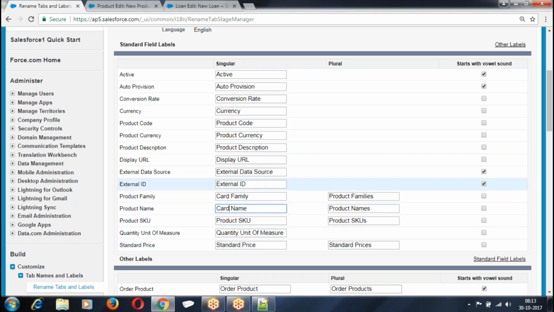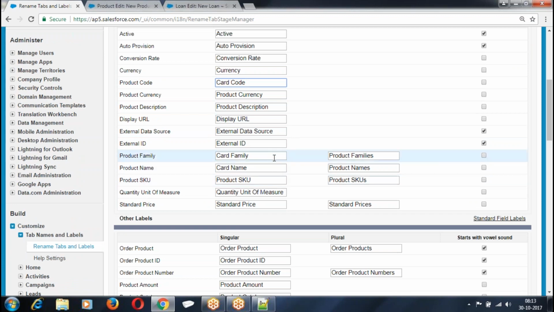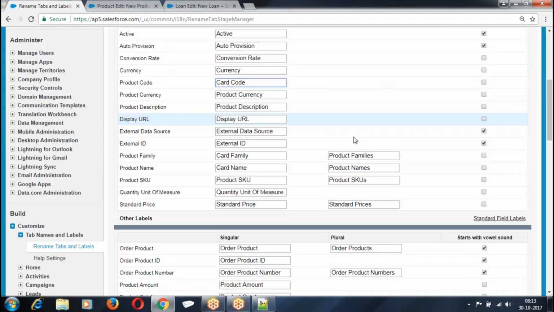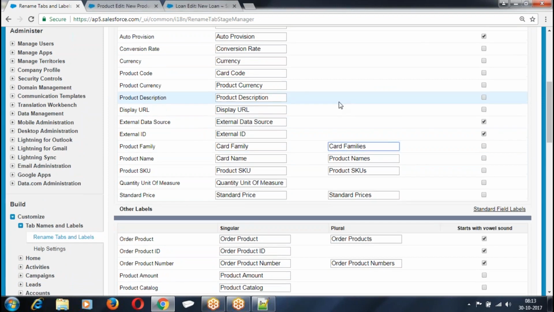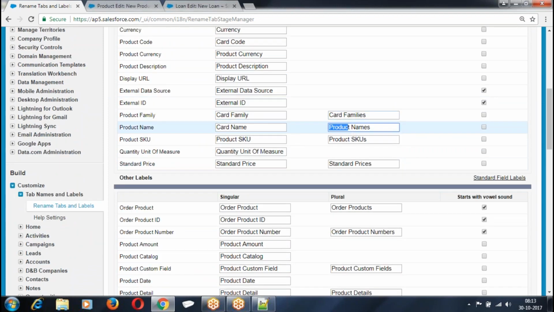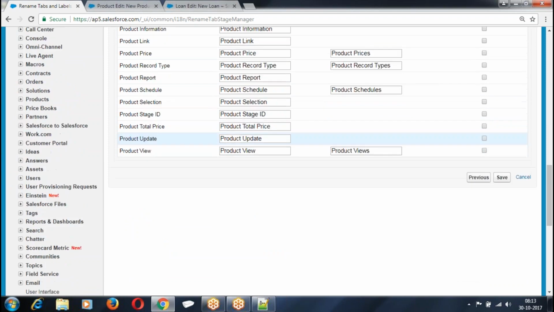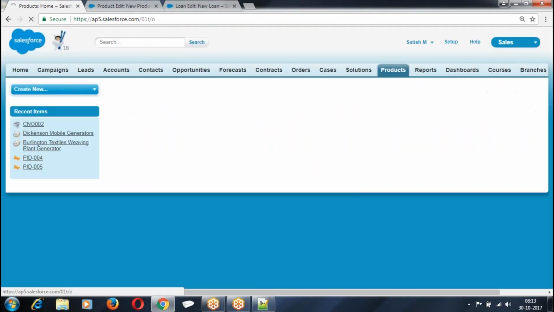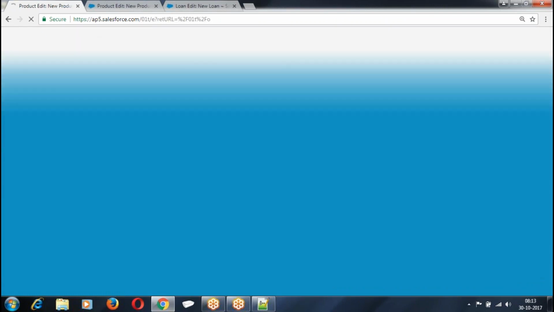Then you are finding here as per my requirement. I modified them. We go back to the product, new product.